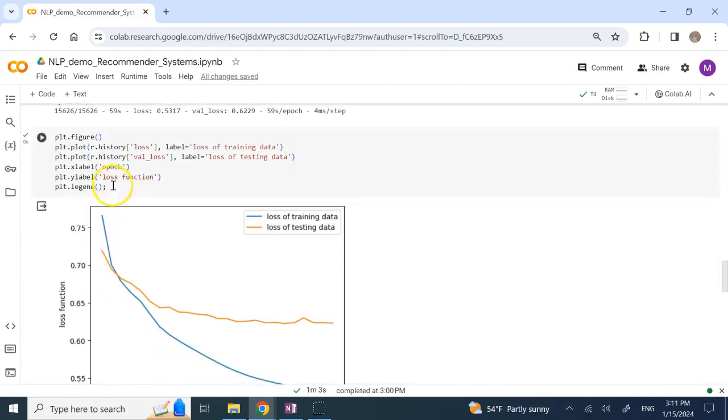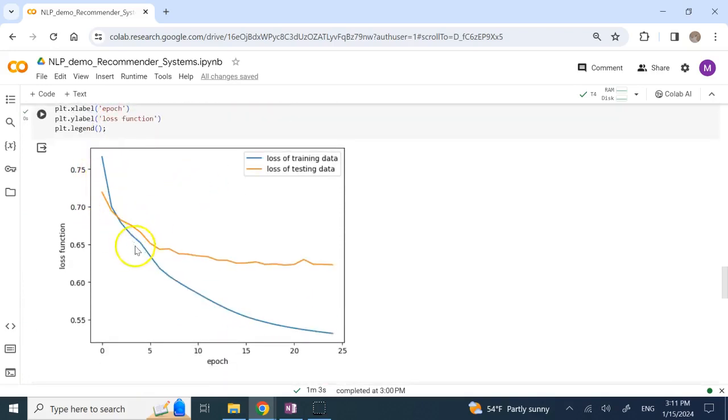Now here I plot the loss function for you. You see the training data is going down, and if I increase the epoch, it can probably go further down. But the test data is kind of plateauing, and you want to make sure that you don't go further, okay? Because if you do, you are fitting just the random variations in the data which are not explained by those two, user ID and movie ID. That means you're overfitting.